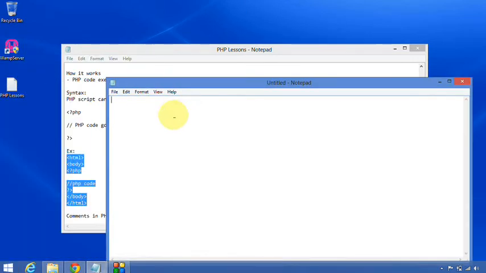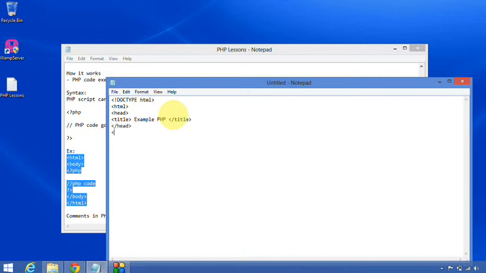Okay, I'm declaring doctype HTML, and here this is the HTML open tag, and this is my head open tag, and this is my title, and I'm writing example PHP, end of title, end of head tag.